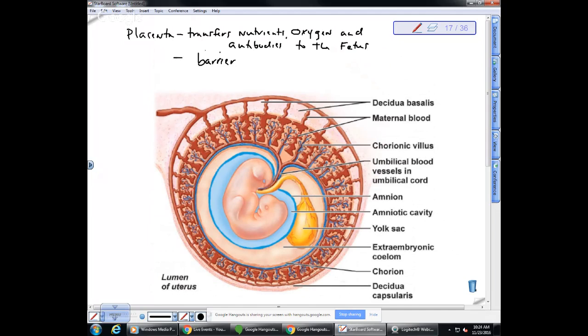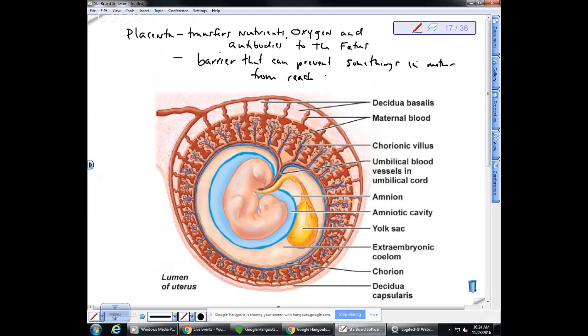So typically it's protected, so things don't tend to move through the placenta from the mother to the fetus. But we now know that this barrier sometimes lets stuff through, right? So this is a barrier that can prevent some things in the mother